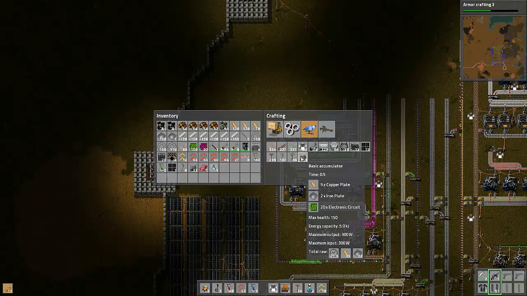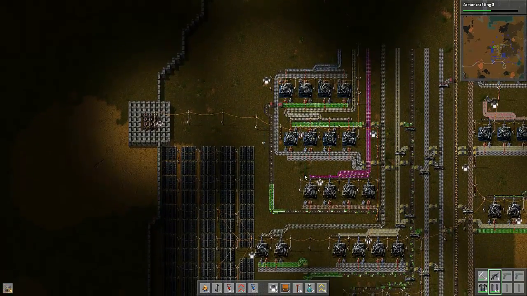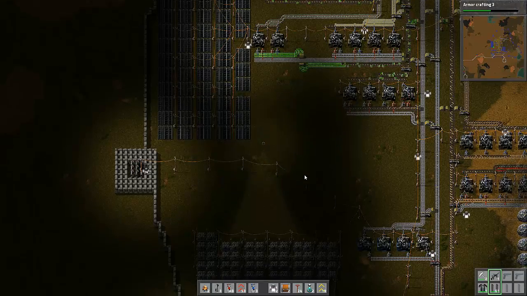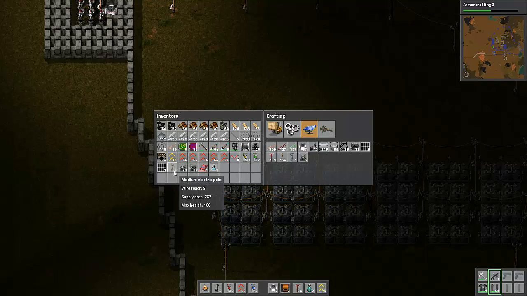5, 10, 15, 20. That's another 20. All right, so we should have a bunch more now. Let's go put them down there. How many we got? We got 30, 40, 50 more. Okay, so let's go put them down. And then that'll be the end of this